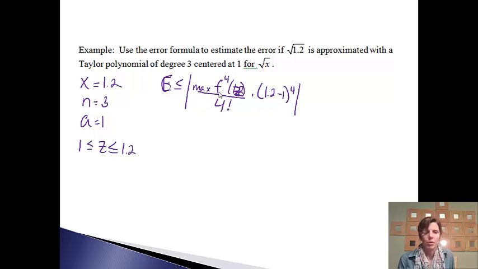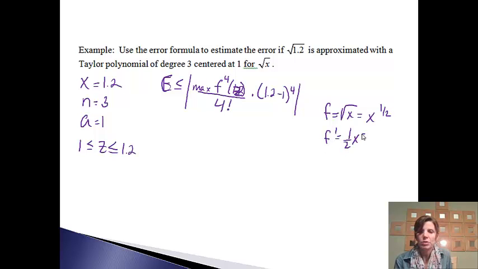Okay, so now what we are going to do is, if I would like to find the biggest derivative I can, I first of all have to find the 4th derivative. So I'm going to come over here and do a little side trip. So we'll have f is equal to the square root of x, which is actually x to the 1/2. Okay, so f prime will be 1/2 x to the negative 1/2. And f double prime will be negative 1/4 x to the negative 3/2. And then f triple prime will be 3/8 x to the negative 5/2, and then the 4th derivative will be,